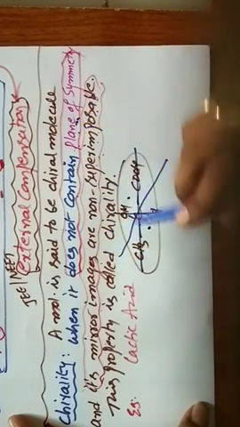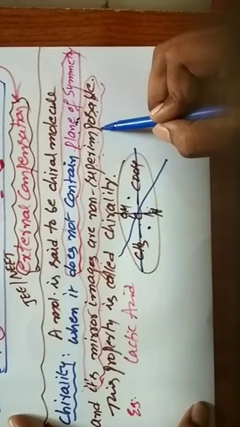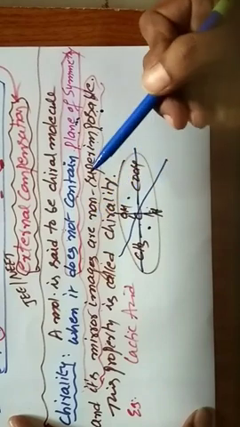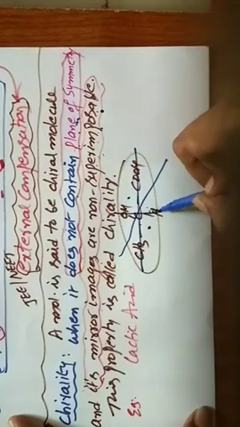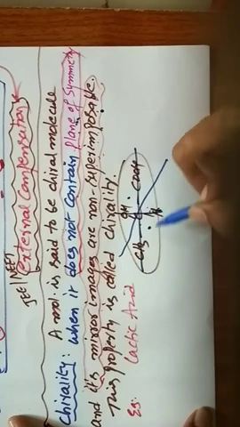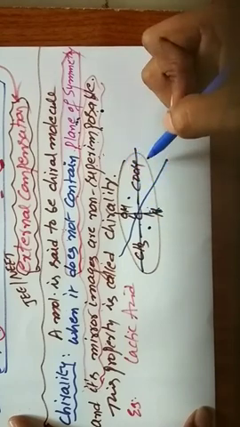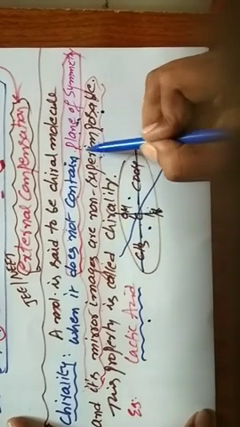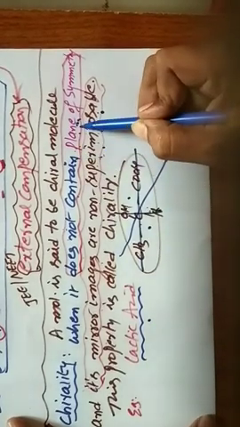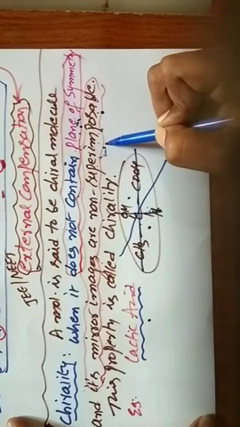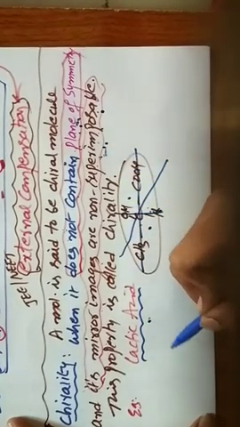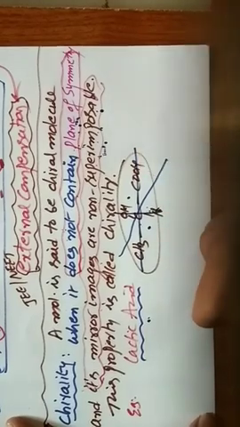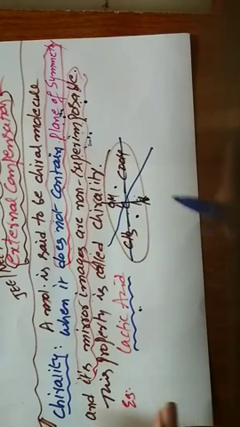Similarly, its mirror images are non-superimposable. Previously, in the enantiomer definition, we took lactic acid. Lactic acid mirror images are non-superimposable. Already we discussed it. So that's why, for the lactic acid molecule, these two conditions are obeyed: it does not contain a plane of symmetry, and the mirror images are non-superimposable. So lactic acid is a chiral molecule. Next, very important for one more question in the regular syllabus.